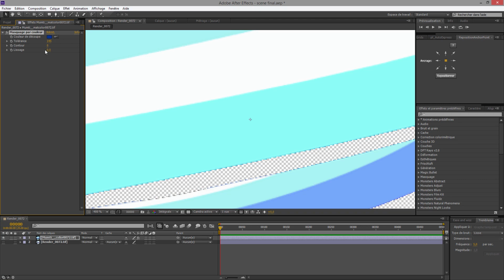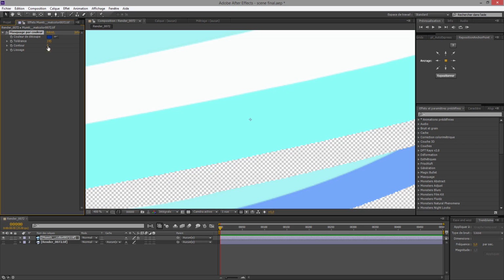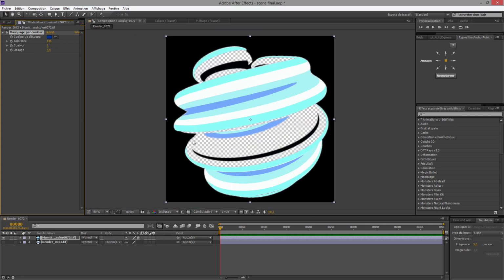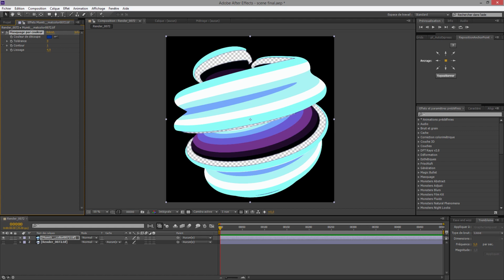So go to border and you can add a little border. You see, I will make one, and smooth, you can add it. So I've got that. Maybe it's too much because I don't want to lose all of that. Only the blue. So I think it's okay like that. And that's all.